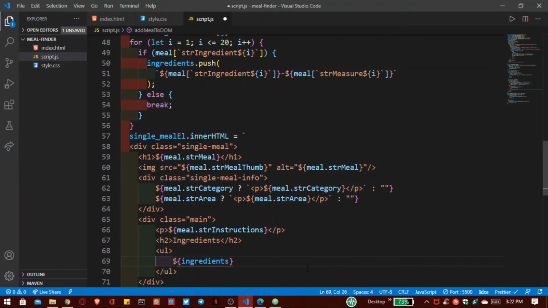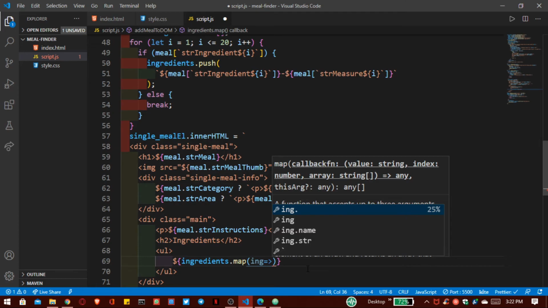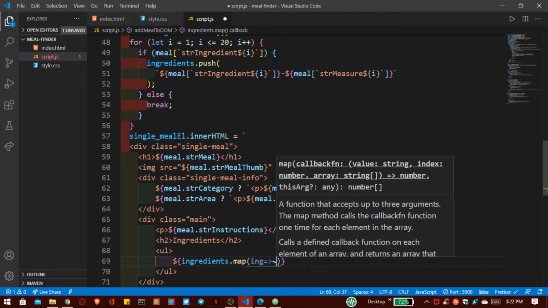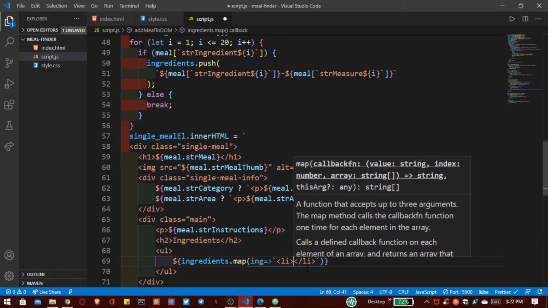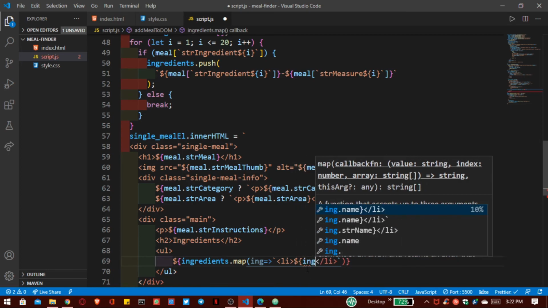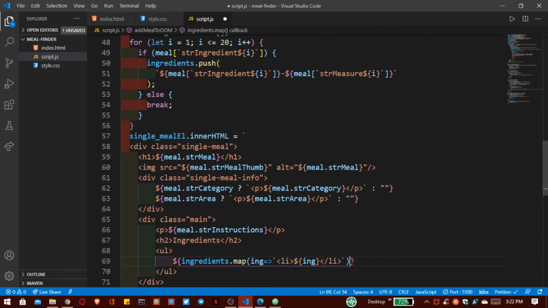Ingredients, and we have to map them so we can print all of them inside an array ingredients, and here we have to print them. So we use this li tag. Here we have to print all of that ingredients, and this is our map. So we have to print all of them as a string. So we pass here dot join.